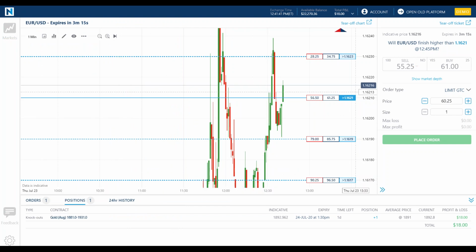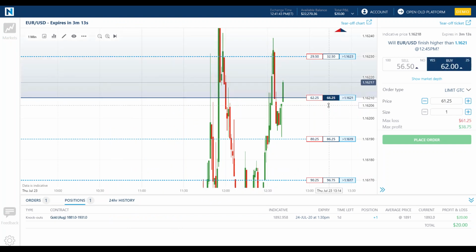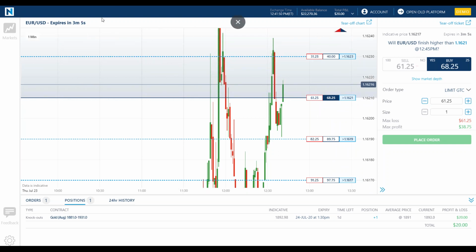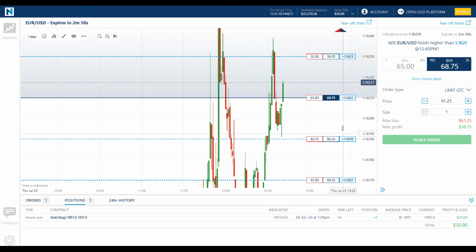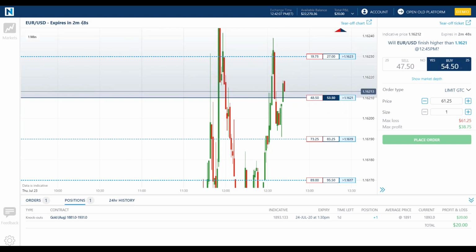And this is a 1-day, 1 minute chart for the euro. Will the euro finish higher than 116.21? And this has only got 3 minutes till expiration. In 3 minutes, you're going to watch, it's a little bit like a horse race, how these probabilities will change as the price of the euro US dollar goes up and down, as well as how expiration moves. Because every one of these, in 2 minutes and 43 seconds,